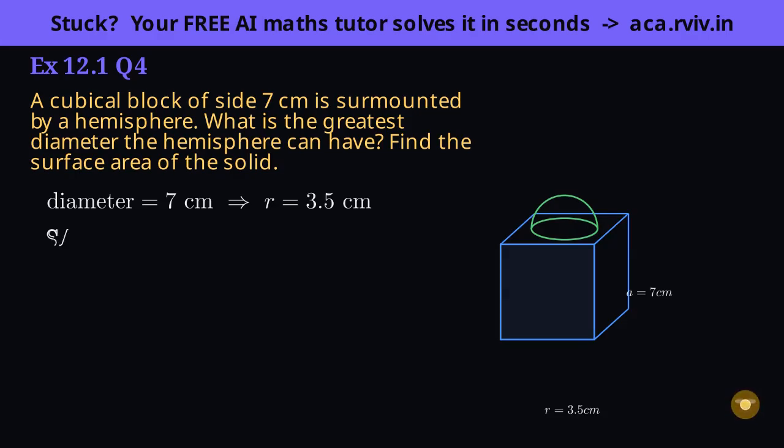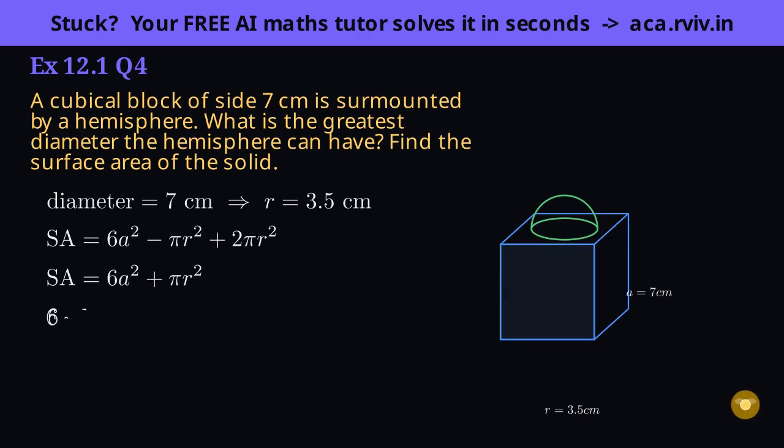Now the surface, built the same way as the decorative block earlier. Start with the whole cube, then fix the dome on top. It hides a circle of the face, pi r squared, but exposes its curved dome, 2 pi r squared. Those pi r squared terms combine, minus 1, plus 2, into a single plus 1 pi r squared. The same tidy shortcut as before. A dome on a flat face adds exactly 1 pi r squared.